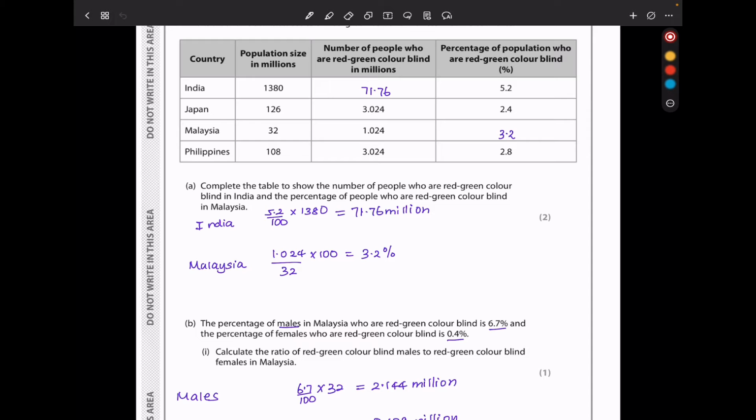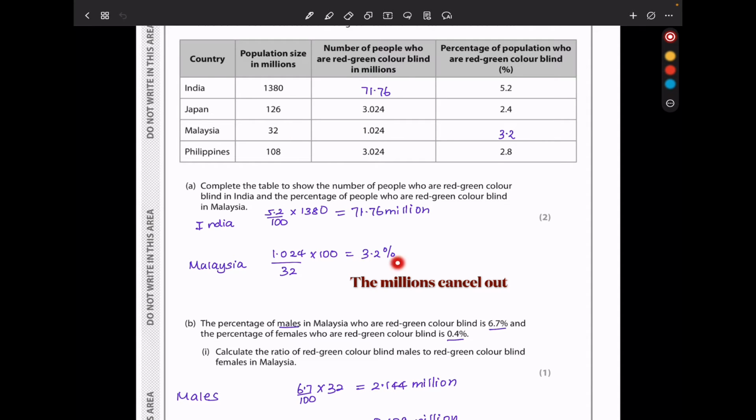So in India, because the percentage is 5.2 and the total population is 1380, so 5.2 divided by 100 times 1380, of course in millions, gives us 71.76 millions, and that's the answer here. And for Malaysia, because we know this is the total population and this is the number of people, the percentage is going to be the number of people divided by the total population times 100. This gives us 3.2%. And again, remember, this is in millions and that is in millions, so we don't have